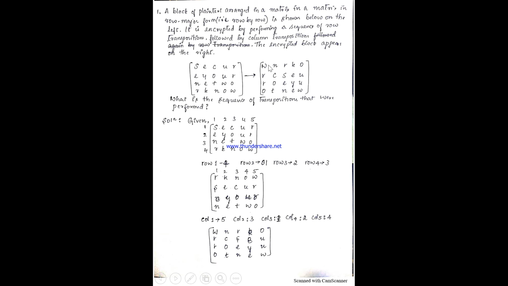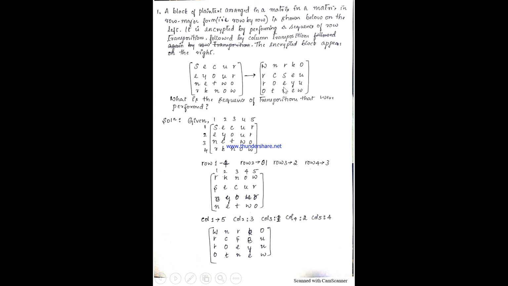So what exactly will be the order then? See, first R should come. That means this row content should come to the first row. That is what I have done here. Fourth column content is copied to first column. Next what we have? S. So this first row content should be copied to second row.